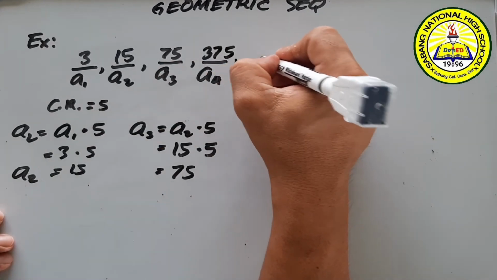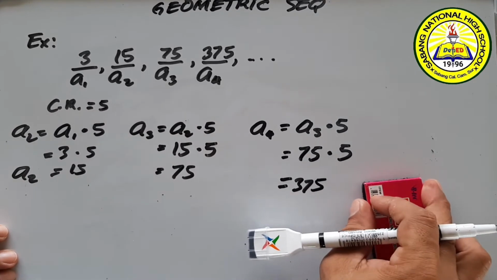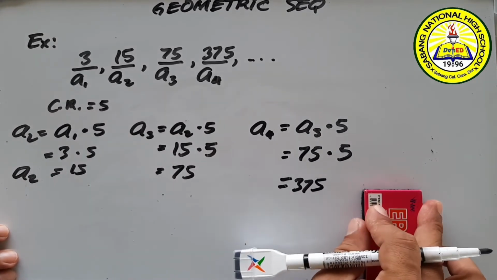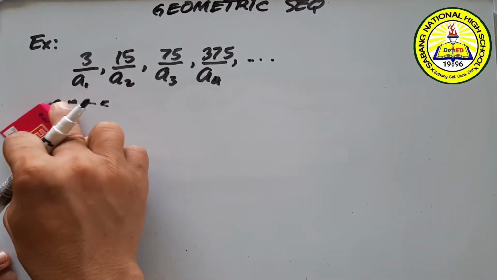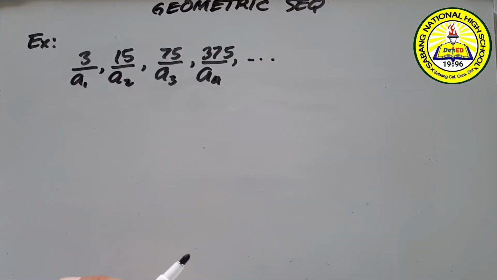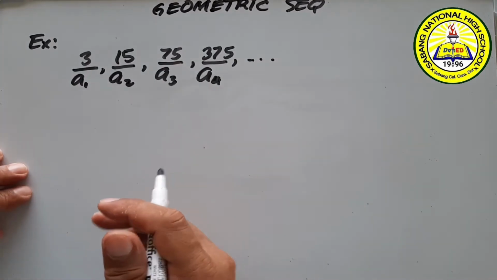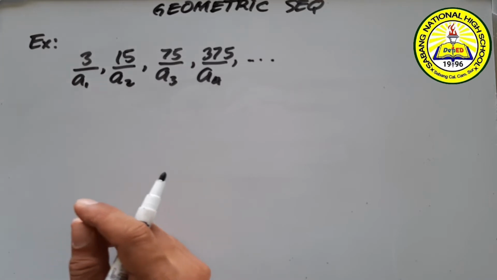And so on, so forth, as long as we are just multiplying by the common ratio, which is 5 in our example. So, to generate an example of a geometric sequence, we need at least the first term or any of the terms, then the common ratio. Okay, so next,